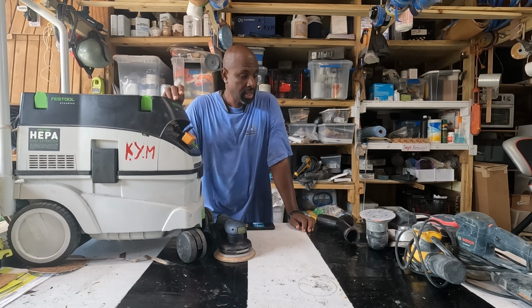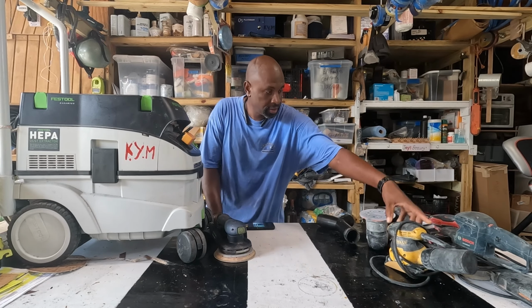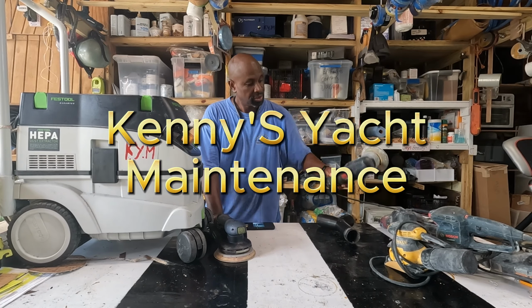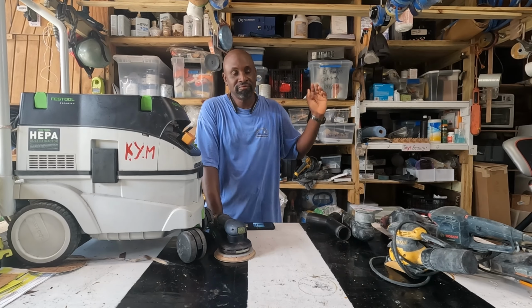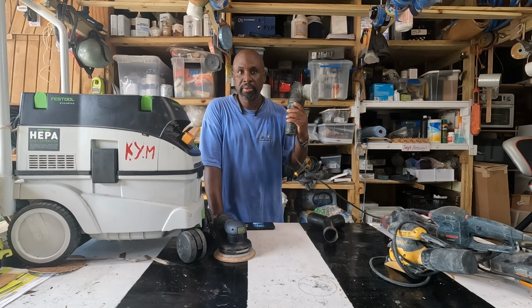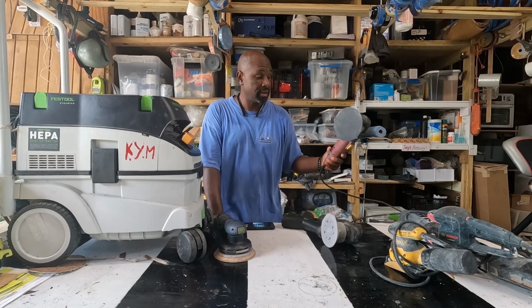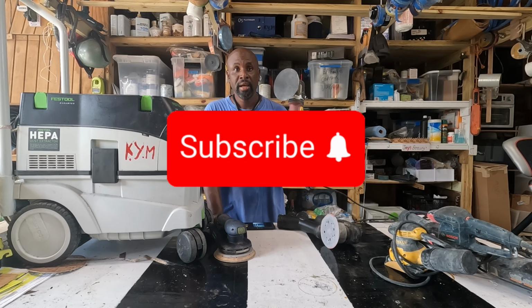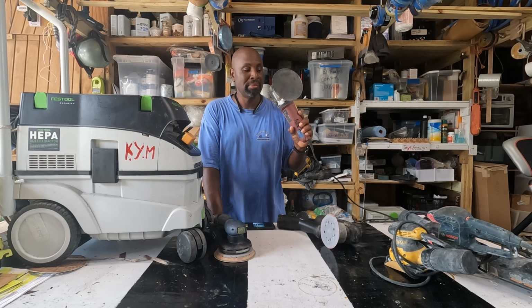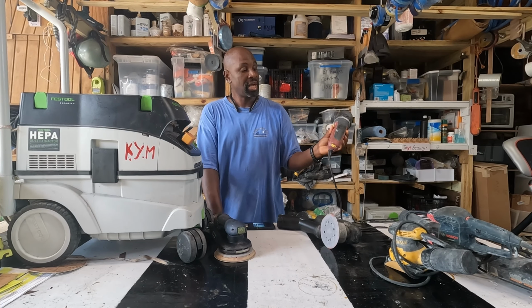Before, I have been using all kinds of sanders. I've had it all, from Yacht to Craftsman to Bosch, Porter Cable. I have dozens of sanders, and Porter Cable used to be my go-to sander for sanding a hull. Even the Harbor Freight sanders, believe it or not. This sander has some mileage, probably 5-6 years old. With this sander, I've sanded many hulls, and this is from Harbor Freight. Works very well. Chicago Electric,